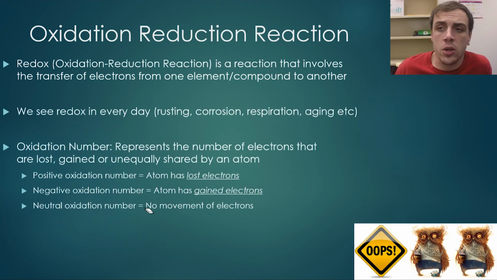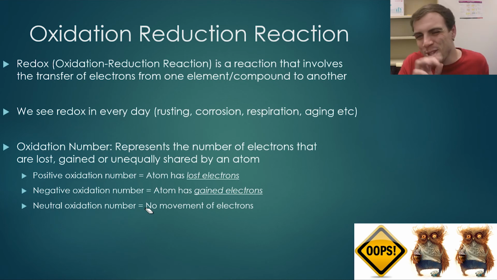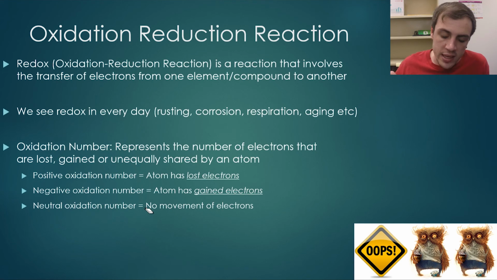Now we see redox on an almost daily basis. We see it in rust. So if you've got a bit of rusting metal, that is done by redox. If you're getting older, you're all aging right now. Aging occurs by a type of redox occurring inside of your cells. Now that's a little bit more complicated. We're not going to go into that, but redox is involved in our cells. We see it when we breathe. It's everywhere. Now, what we're going to be talking about when we talked about redox is something called an oxidation